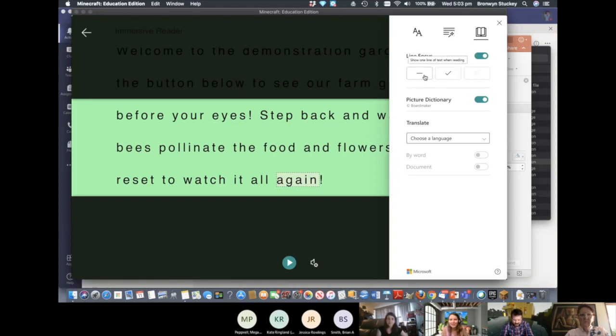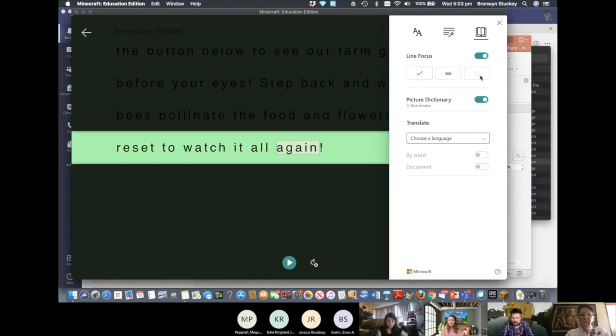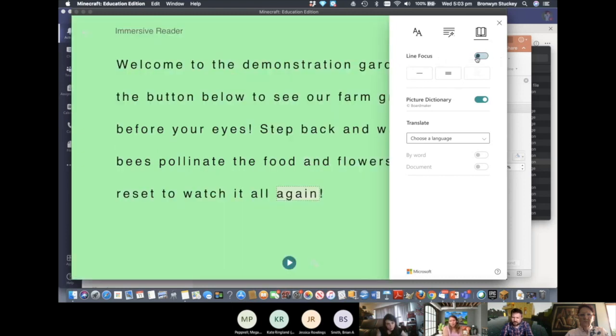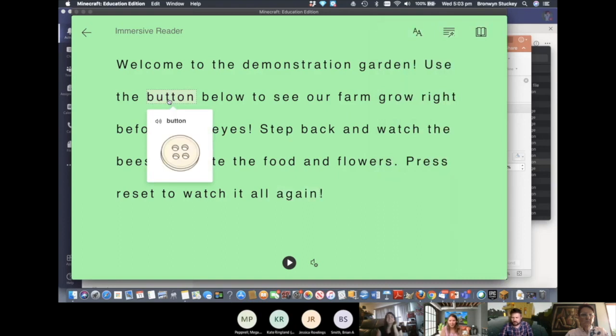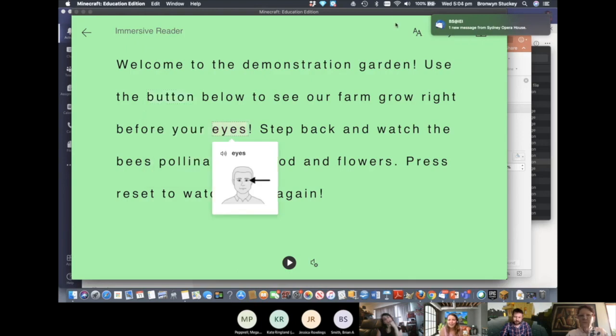The picture dictionary is linked to Boardmaker, which is one of them. We actually give that out to schools as part of the department's software. It's a really good feature in Minecraft. If you click on a word, Bron, and there may be on the word button, you should get a picture of a button as well as the option to click on the speaker and it will read the word to you. Button. Thank you. And if you click on the book again,